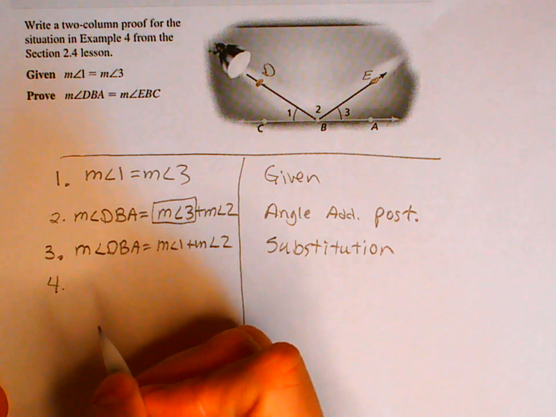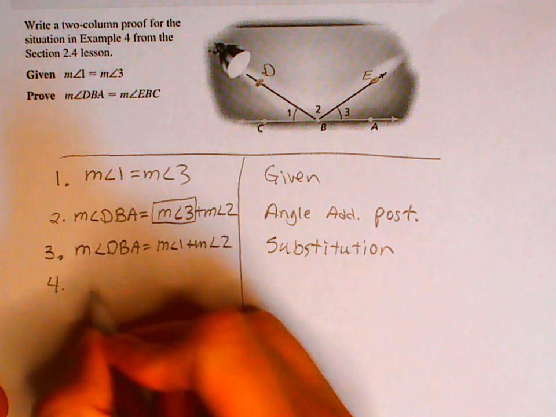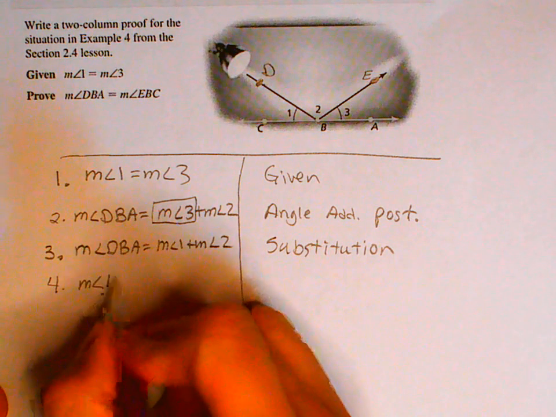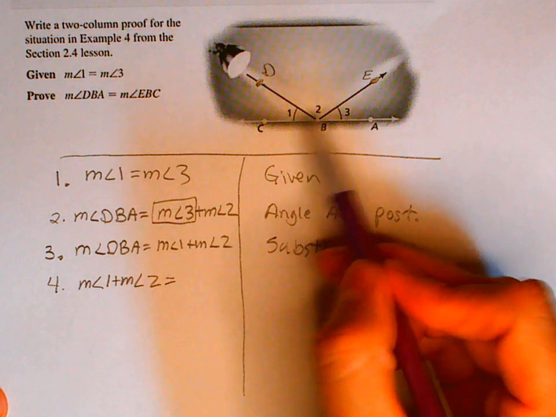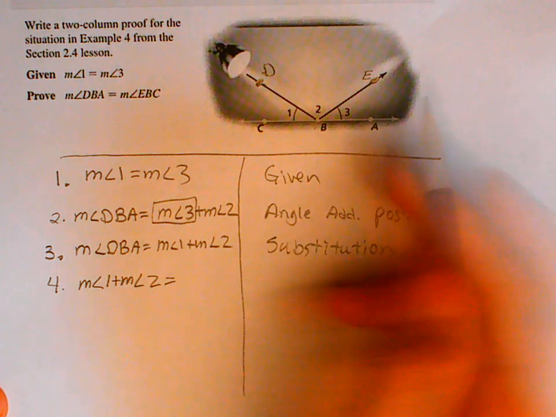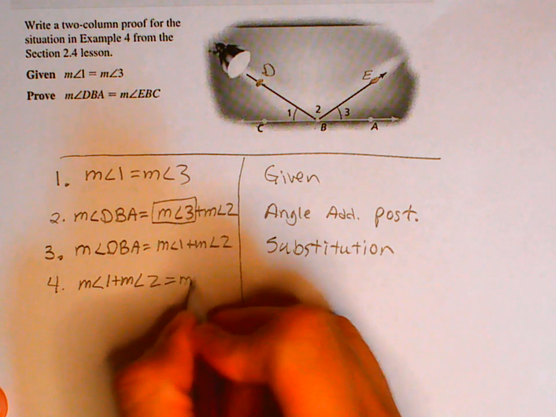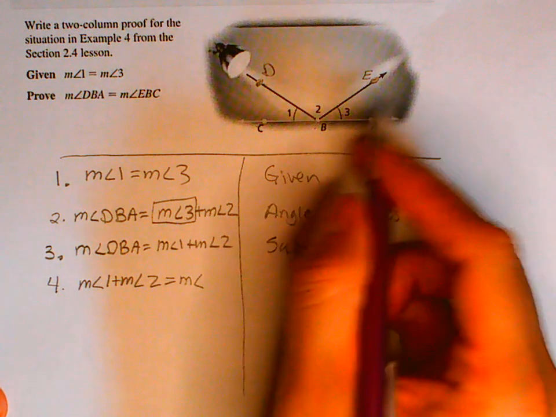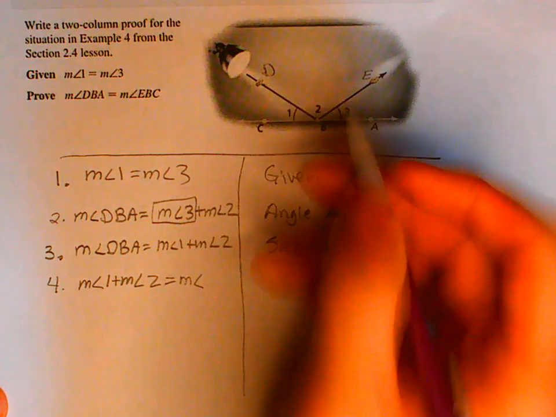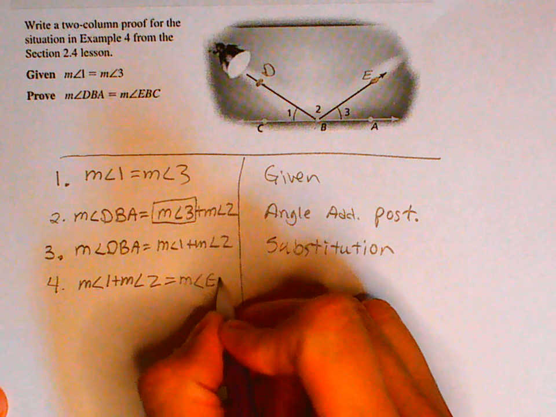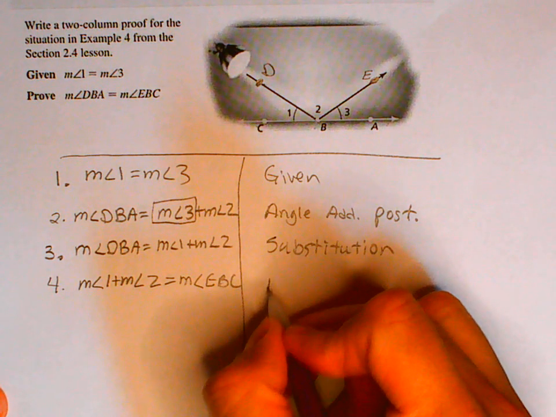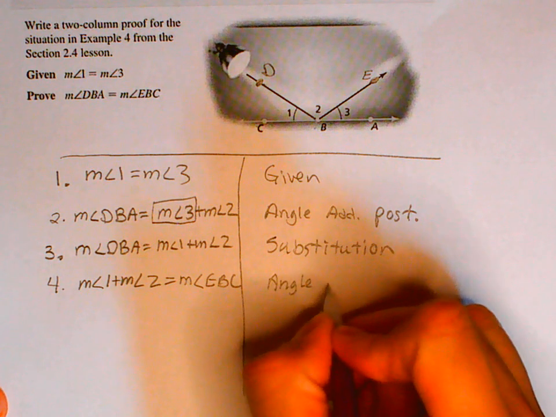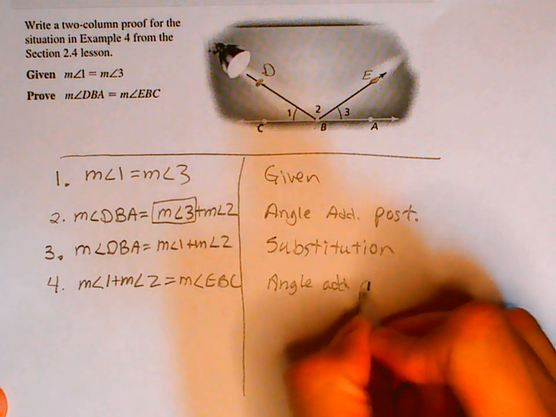Okay, now let's take a look at what the measure of angle 1 plus the measure of angle 2 is. Well, looking at the diagram, 1 and 2 is angle CBE. EBC is the same thing, CBE and EBC. I'm going to call it like this because that's what we're using in the diagram. Okay, and this is again the angle addition